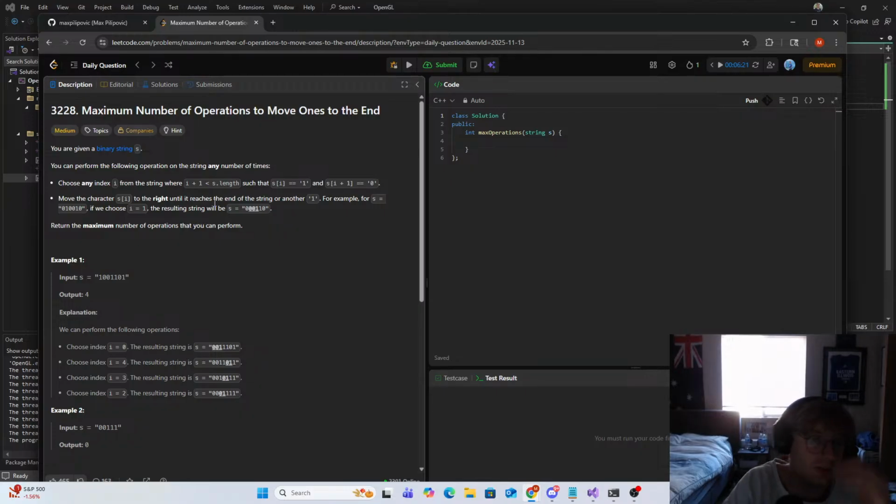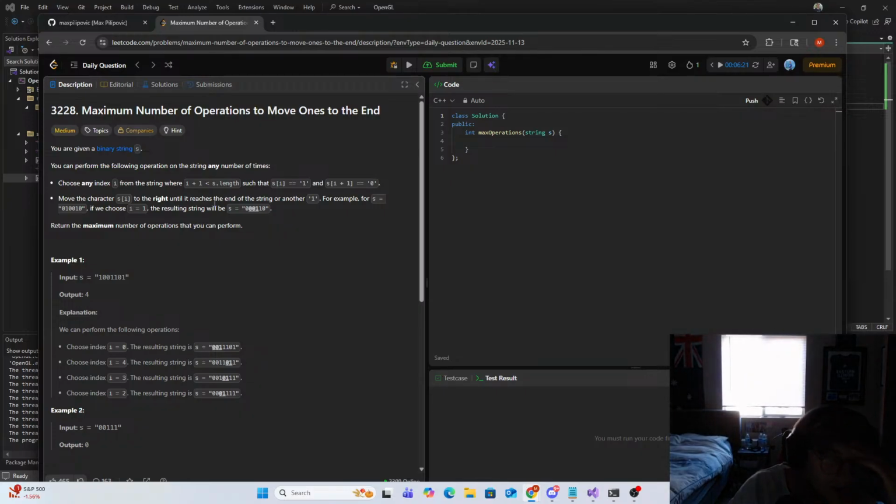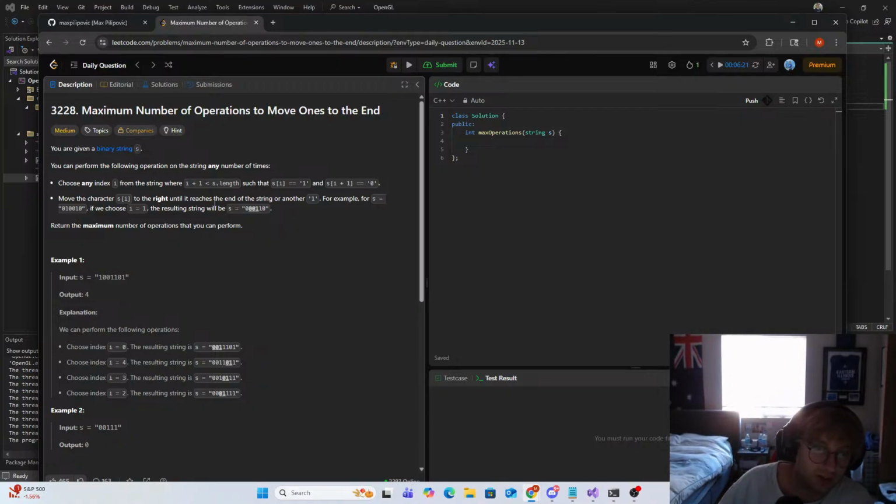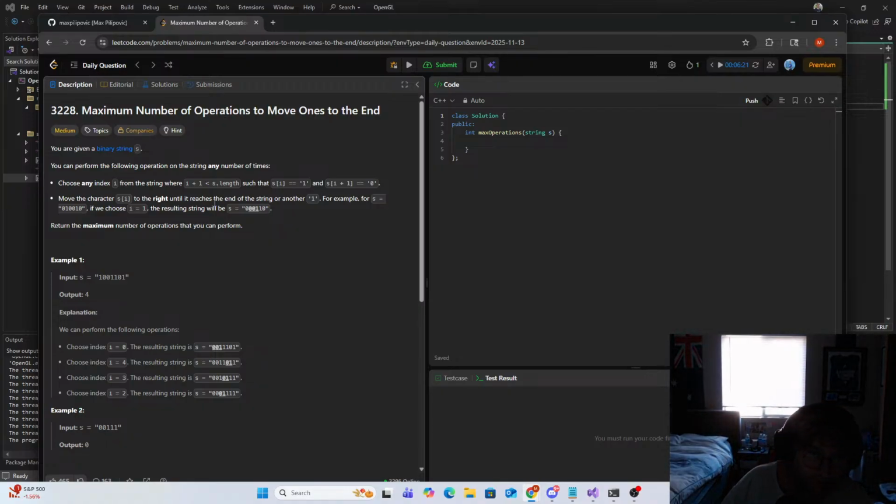Perform the following operation on the string any number of times. Choose any index i from the string where i plus 1 is less than s.length, such that s[i] is equal to 1 and s[i+1] is equal to 0. Move the character s[i] to the right until it reaches the end of the string or another 1. For example, s is equal to 0